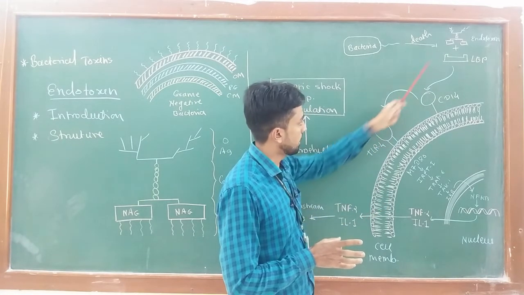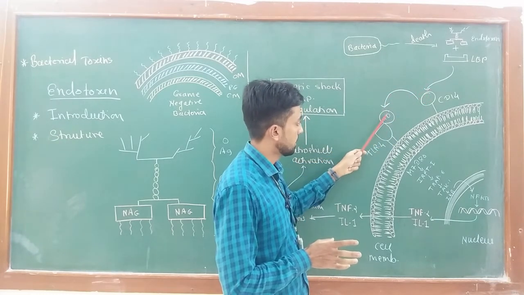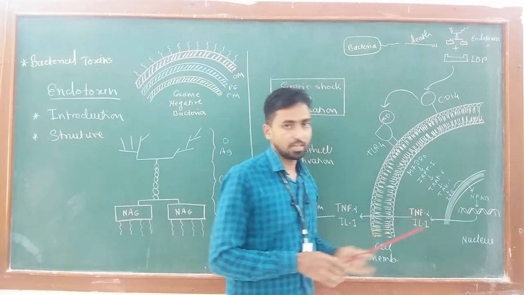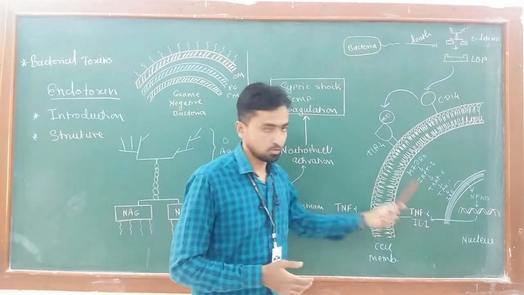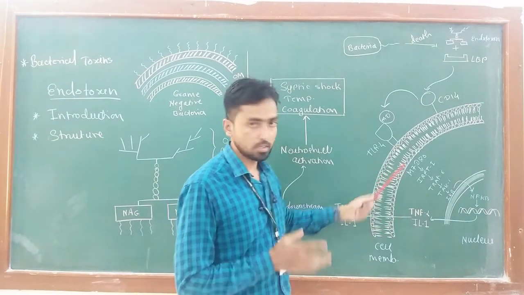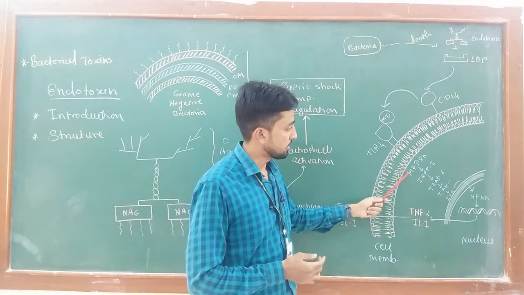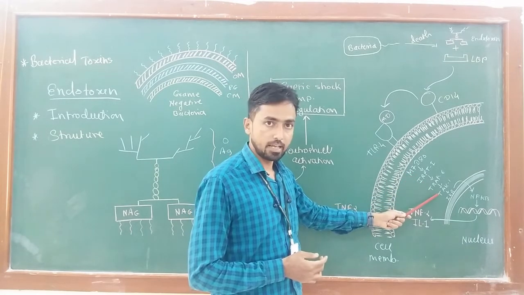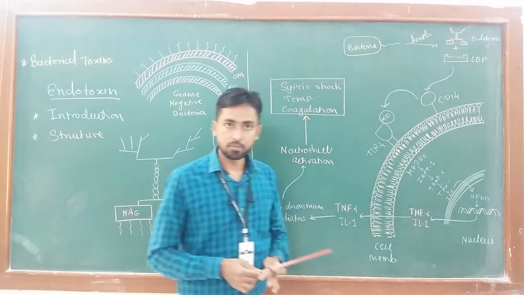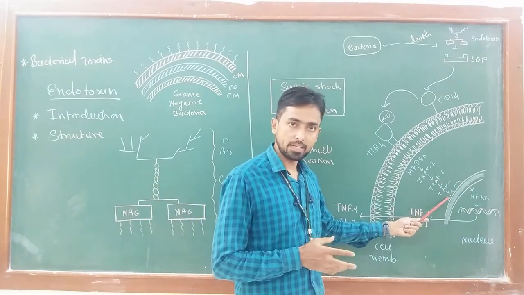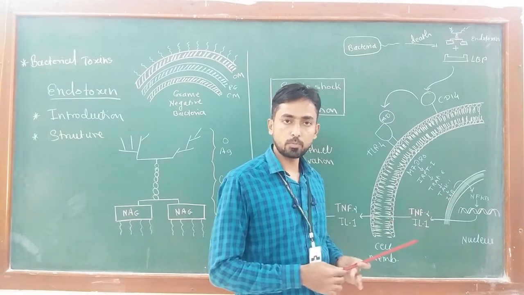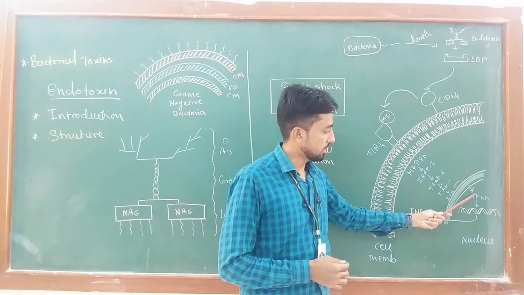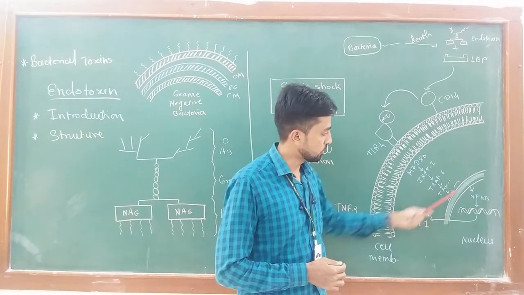After the transfer of endotoxin from CD14 to MD and from MD to toll-like receptor 4, a signal transduction pathway is initiated inside the phagocytic cell cytoplasm, which includes different signal molecules like MyD88, IRAK1, TRAF6, TAK1 and finally IKB. After the activation of IKB, another protein called NFKB is activated. This signal molecule then transfers itself inside the nucleus. You can see the nuclear membrane here.